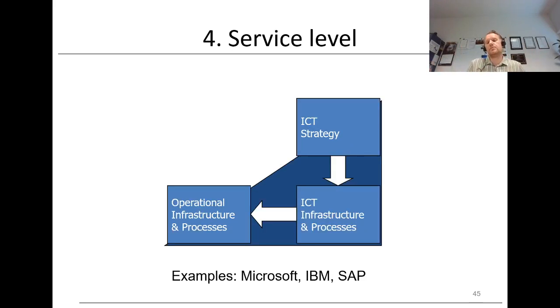And finally, service level. This is typically where we have the IT companies like Microsoft, IBM, and SAP. And you can think of other ones as well, right? HP, whatever type of ICT strategy. They start from an ICT strategy, put that into ICT infrastructure and processes, and then operationalize that into various types of operation infrastructure and processes